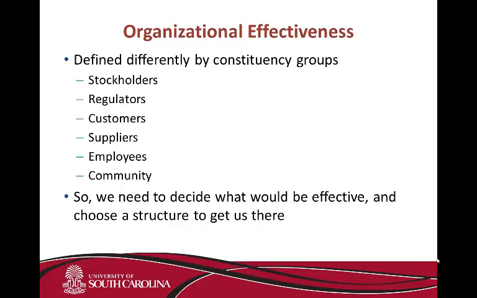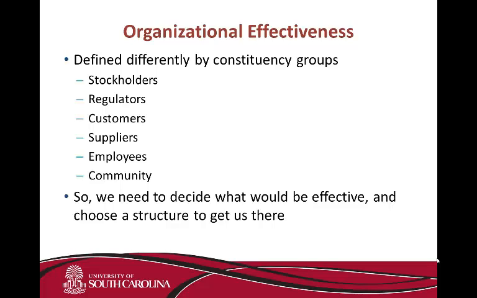More importantly, our different constituency groups are going to talk about effectiveness in different ways. And organizations all have many constituency groups. The bigger the organization, the more constituency groups. Constituency groups are people who want something from the organization, are interdependent with the organization in some way. And although you may have learned somewhere along the line that the stockholders are the only ones that we care about, this is not the case. And we also see these groups of people being considered to be stakeholders in the corporation.